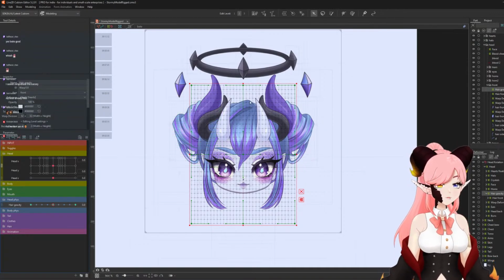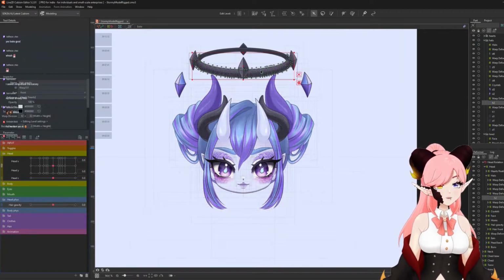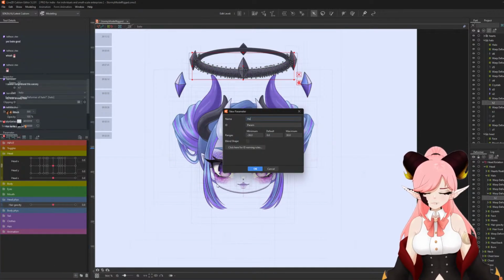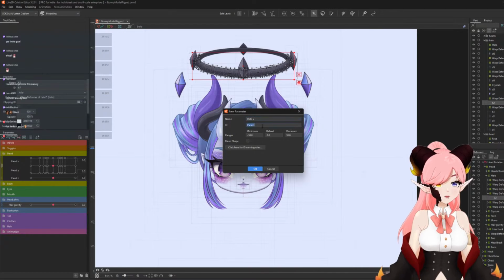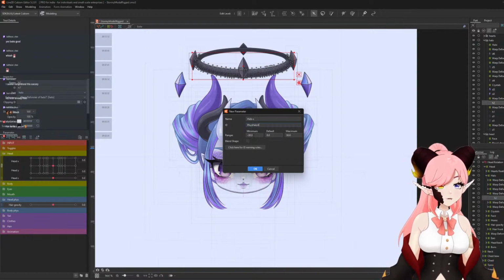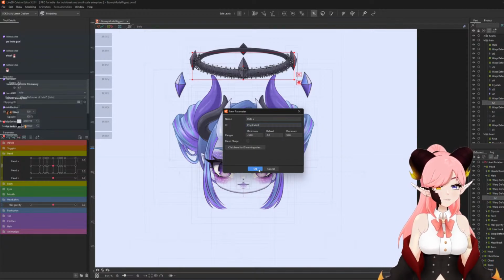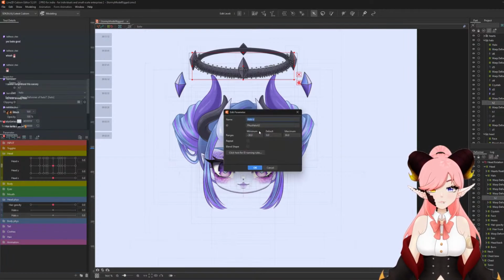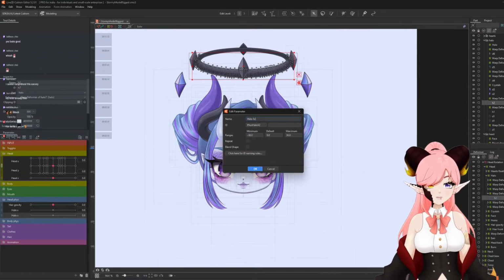Okay, where do we start? I guess with the halo. Halo X. This is physics. Halo X. Do we blend shape? I don't think we need to blend shape here. Okay, Halo X. And then we want to say Halo